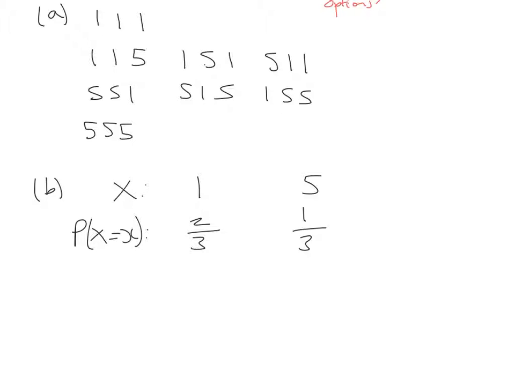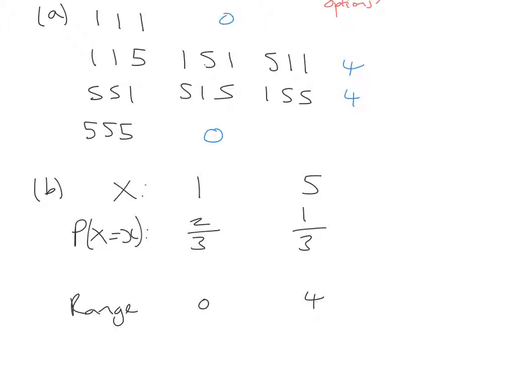We now need to look at the possible ranges, looking at our different samples. So these are all the possible samples. On this first one, the range is 0, so that's a range of 0. And on the bottom one down here, this one also has a range of 0. The 2 middle ones, so 1 1 5, the range there is 4, and the range here is also 4, so both of those have a range of 4. So we need to find the probabilities of each of those happening. So there are only 2 possible ranges. The range is either 0